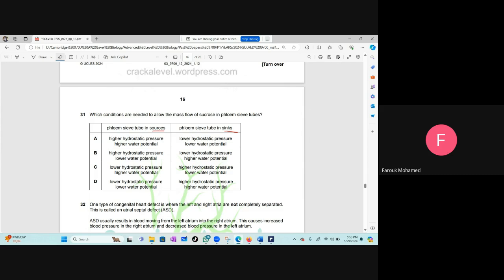Maybe. Okay, this is easy because in the source, we have high hydrostatic pressure. So you might be confused between A and B, but it is high hydrostatic pressure and low water potential because we always describe it this way, that initially the water potential will be low because at the source, what is happening? We are loading sugar, sugar, sugar. So we will have low water potential. And this is going to take,